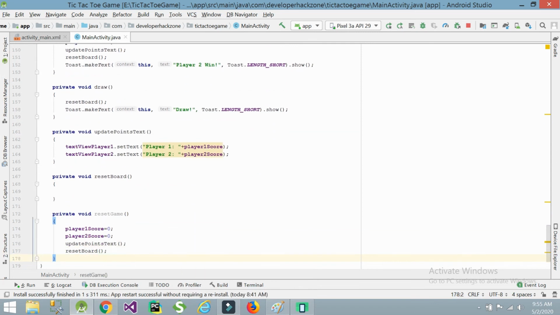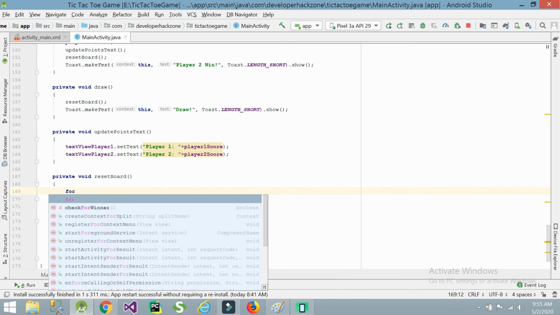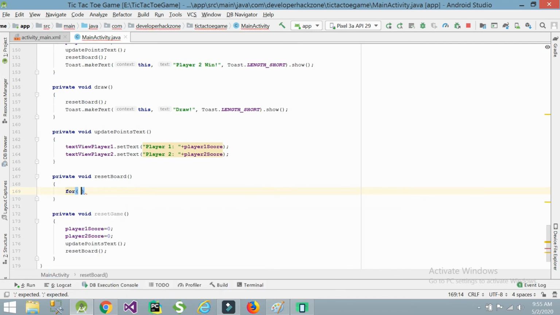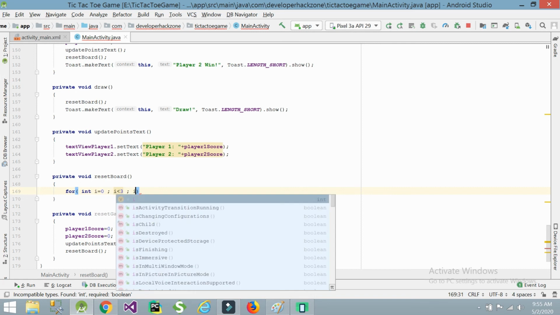Now reset board. In reset board we need to reset every button. So I am taking two for loops. So for int i equal to 0, i less than 3, i plus plus.